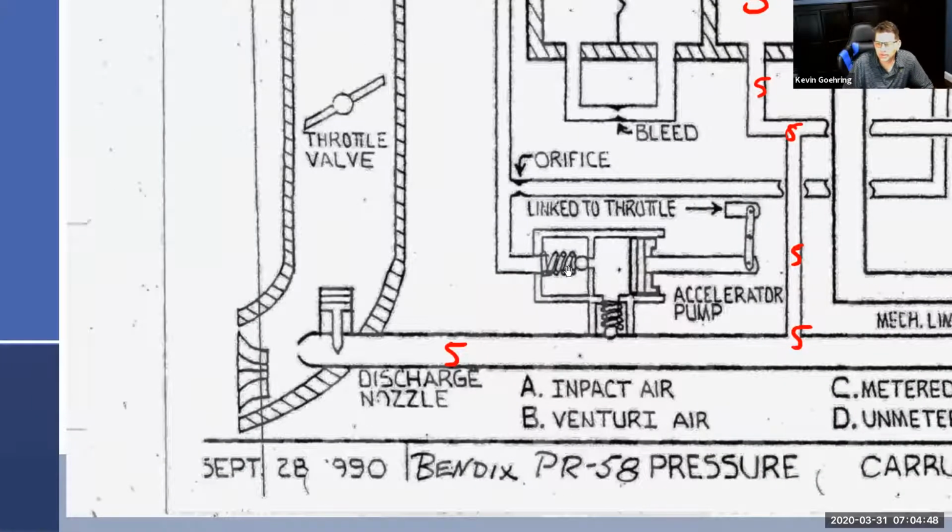Okay, so if we're looking at this little ball, the ball can only go to the left. It's the only way it can go. It can't go to the right. The ball is sitting on its seat. Everybody, hope you can see that. This ball is down here on its seat. Hope everybody can see that.